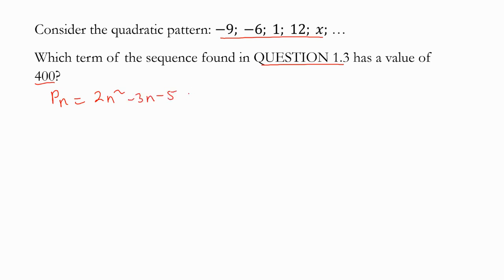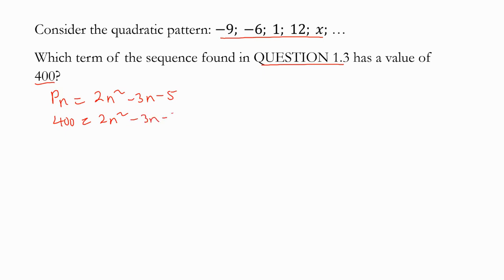That was after adding 3 to Tn. Right now, if the term is 400, then what is the value of n? 400 is equal to 2n squared